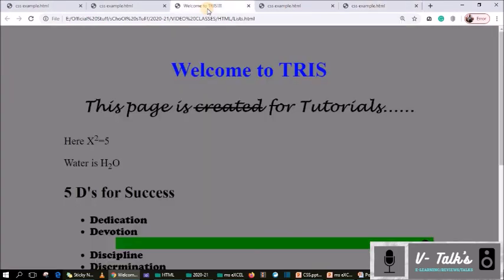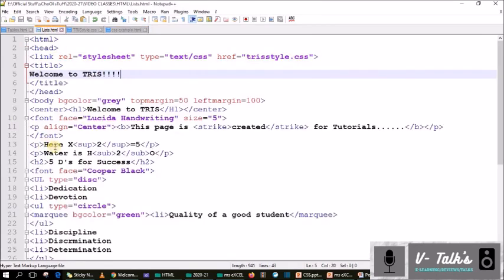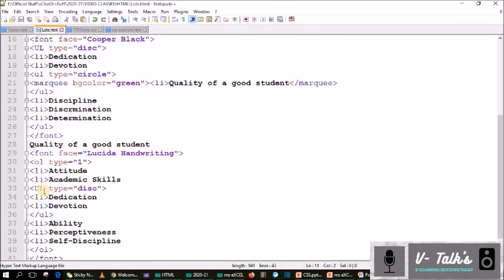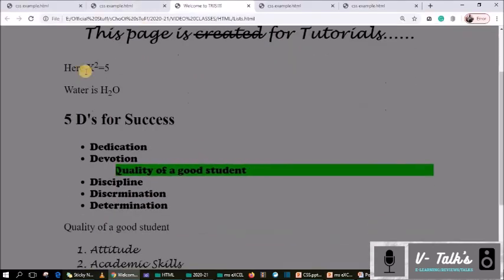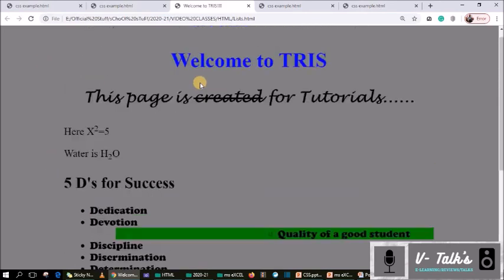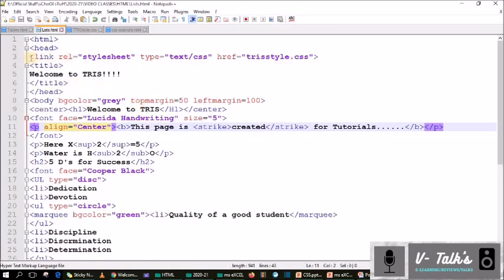At the same time, we'll check whether any p tag is in this other page. Yes, here p tags are present. You can see one, two, three p tags. What will happen to the three p tags? Before refreshing, you can see this one is a p tag, this one is a p tag, this one is a p tag, all aligned left. Now I connected the CSS page here.